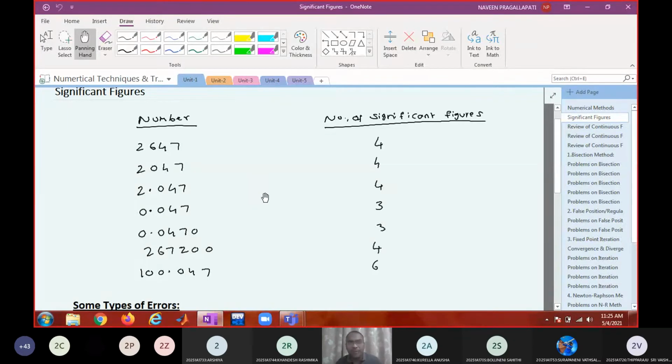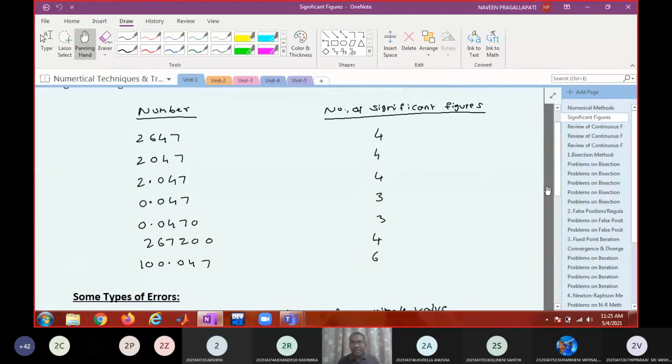So read the problem two or three times to see whether the question asks for the required number of significant figures or for the required number of decimal places. Am I clear to you? Yes, sir. So please read the problem carefully, whether you want accuracy in significant figures or accuracy in the number of decimal points.